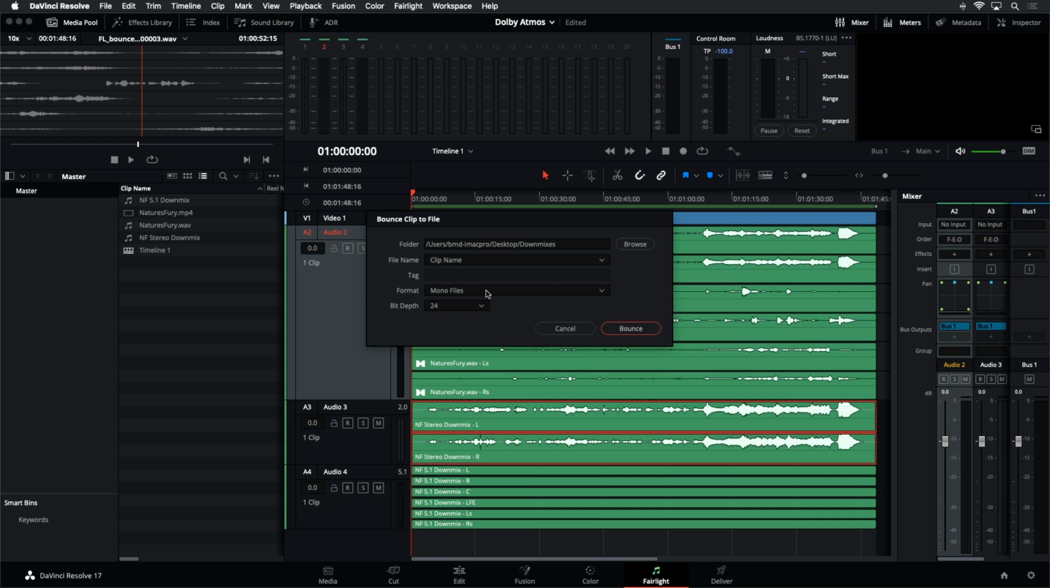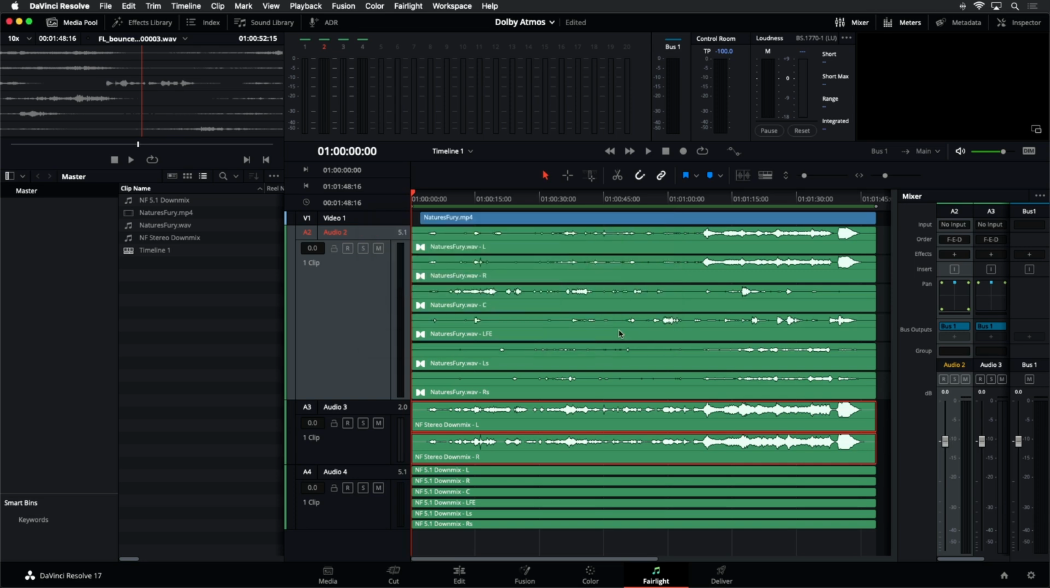It will output it as either mono files or multi-channel files. I'll go ahead and output it as multi-channel files, and bounce, and done. That one's already sitting there. Now before I